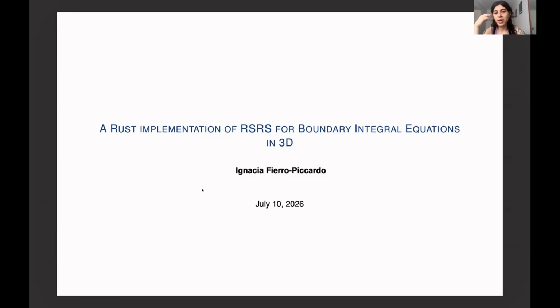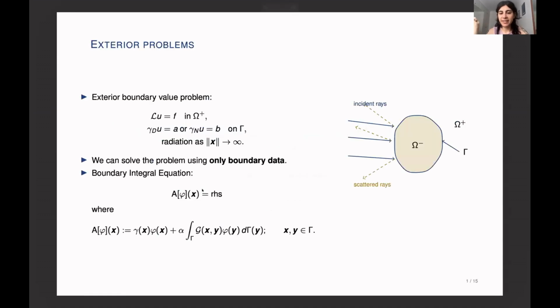And a couple of years ago, I showed you what my plans were to develop a version of this algorithm for Rust. Because so far we've only been working on implementations in Python. So I wanted to see how this worked in a high performance computing kind of environment. So yes, the title says implementation of this algorithm for boundary integral equations, but I'm not gonna distract you too